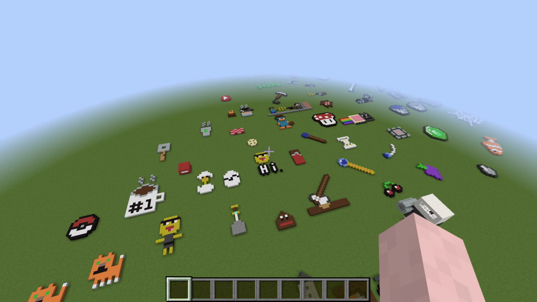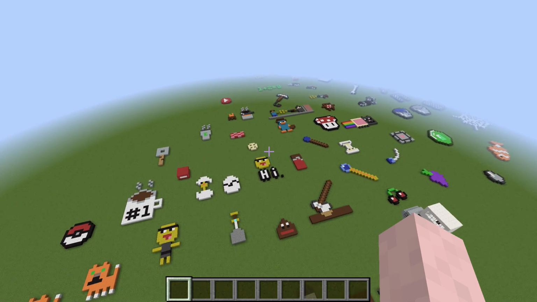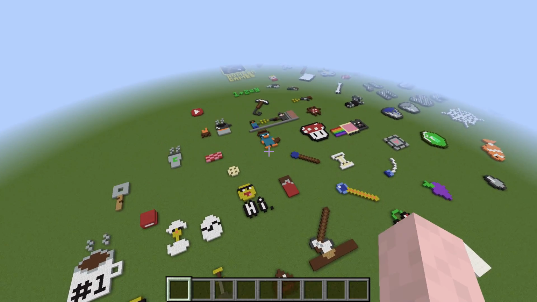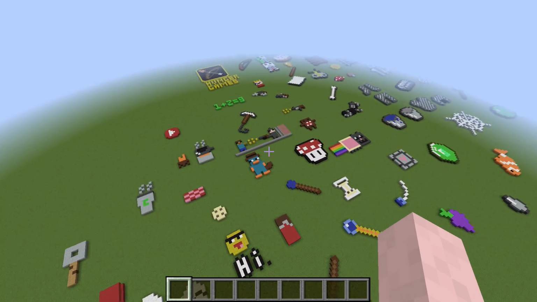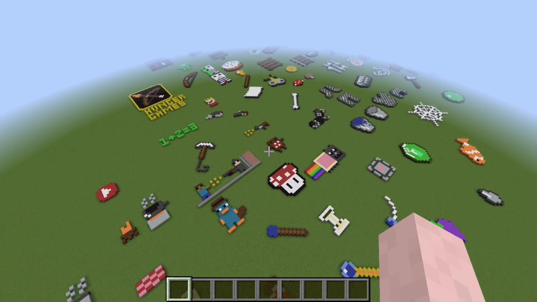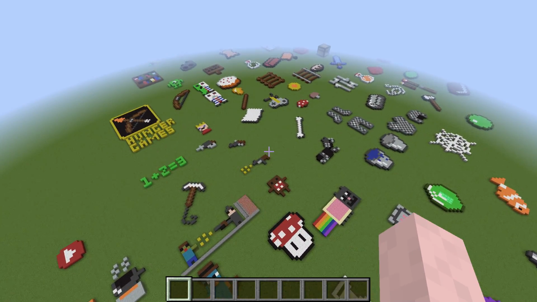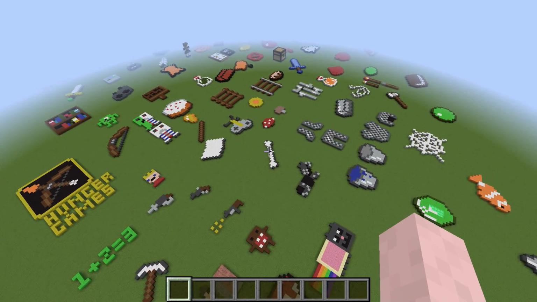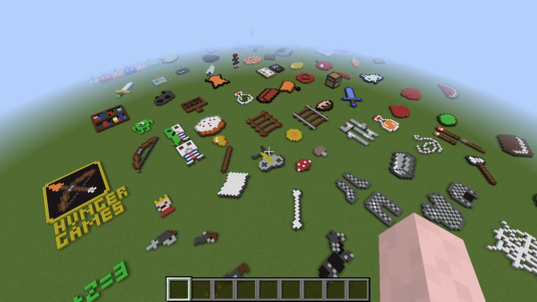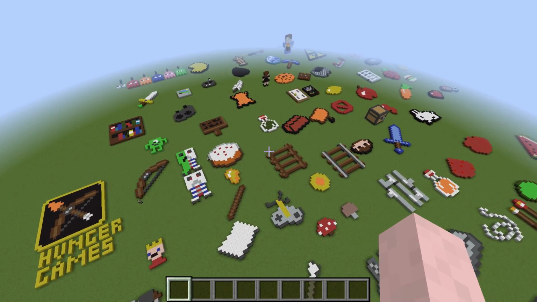One of the other things that you can do with Minecraft is to make pixel art using different colored pieces of wool and different colored blocks. And you can see some of the things my son has done. Off on the left, you can see a Pokeball and some cats. He's also made a coffee mug for me. He's got Perry the Platypus. He's got Nyan Cat and Domokun. He's also made a bunch of things from Minecraft itself. And what he did is he looked at pictures of Minecraft items and then built them on a large scale